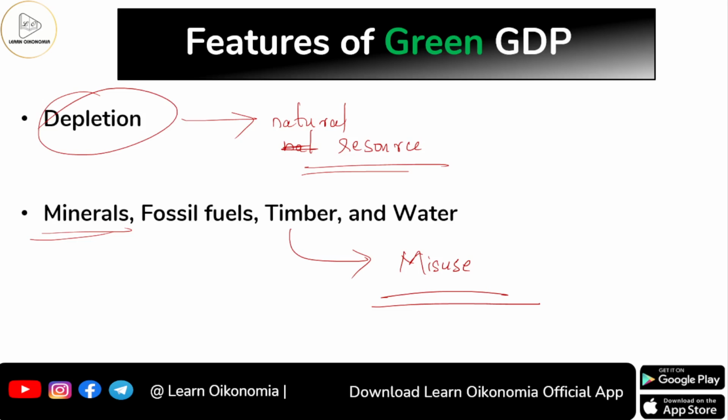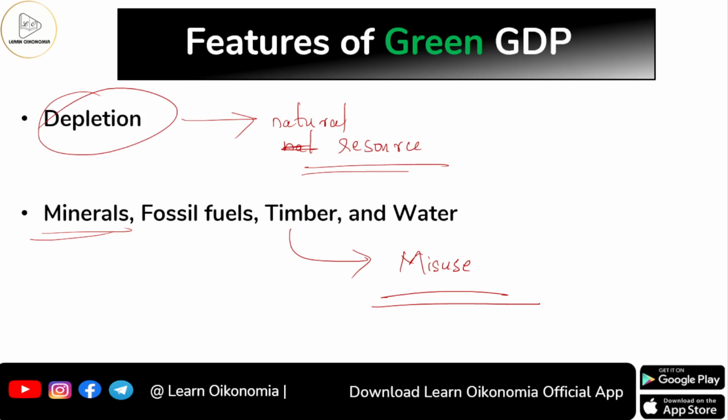We are trying to deplete the resources in the ocean area. So what is it all about? We are trying to deplete nature itself. So this will definitely cause some problems. And for the same reason, it is very, very important to capture all these kinds of things whenever we go for the calculation of the GDP. So this is what green GDP is doing. The traditional GDP is not considering all these things, but the green GDP takes all these kinds of impacts and the cost that we are making to the environment, all these negative external effects, and then we can go for the calculation of green GDP.